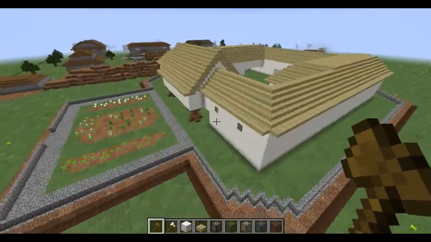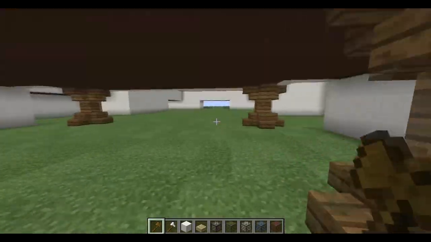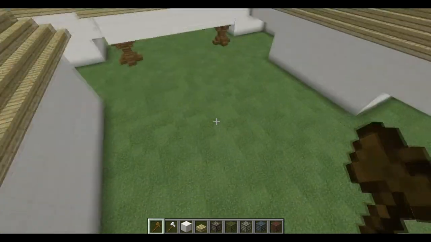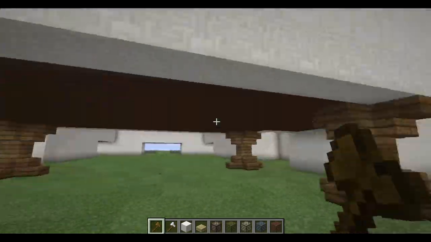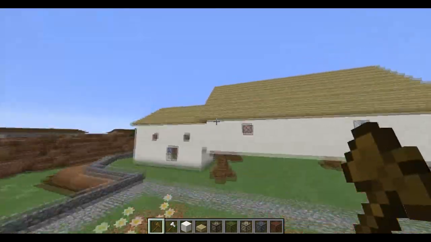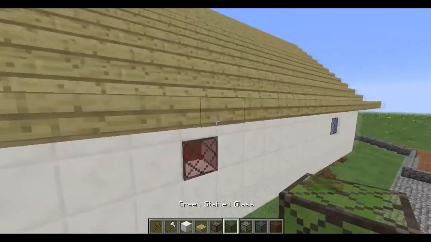I thought it would be a way bigger build than it is, and it's not too bad, mostly because it's hollow. You've got this big open area in the middle, so it's pretty simple to build just the structure around it. But yeah, so first, for the roof, it was a little bit complicated because for